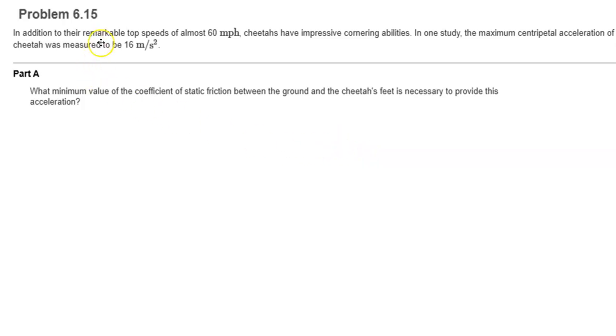All right, so this is Mastering problem 6.15 about the cheetah cornering, and I would agree this is an impressive cornering maneuver, 16 meters per second squared. The most immediate thing you might notice about that is that it's about 1.6 g's, and when we get around to the answer for this question, you might have a moment where you're like, huh, I probably could have answered